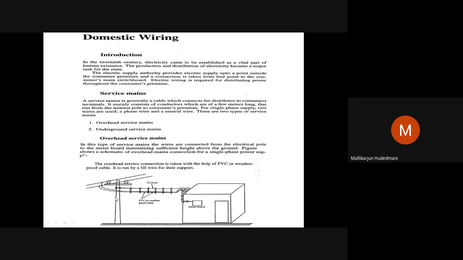So how did you get the power? By overhead service mains. Service mains means providing the electrical need and necessity of the premises through the main conducting cable from the electric pole. This we call overhead service mains. This is not there in the urban areas where modernization has taken place. It is almost taken out. Only in the villages and semi-urban areas do we find overhead service mains, because it is the cheapest way of connecting the supply system with the domestic premises very easily.